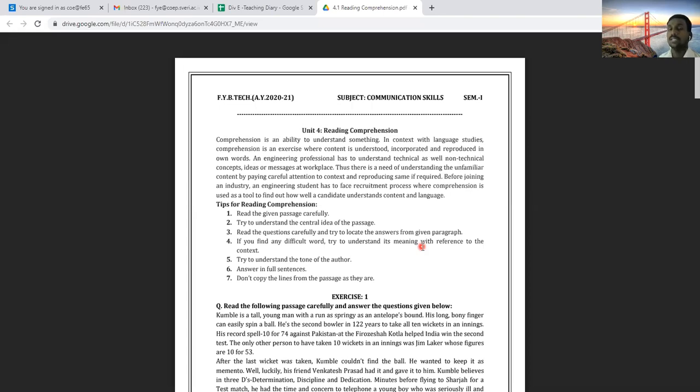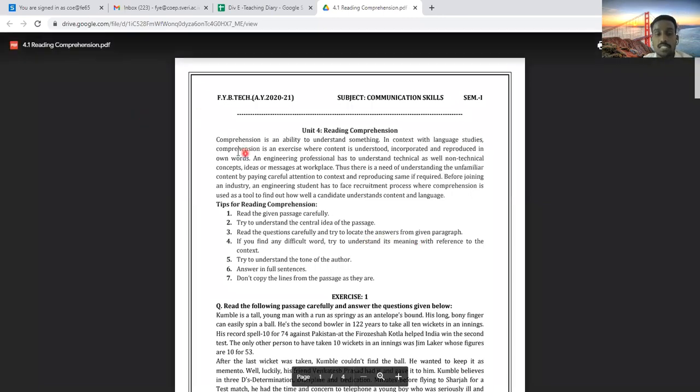Okay, you will be given one passage. You have to read it very carefully, and when you read, at that time you have to understand what this paragraph is about, and then you have to read the questions given there. And after reading the questions, you are going to answer these questions. So in this section, you are going to have one unseen passage. Okay. So when you are going to read this passage, let's try to understand what is given here.